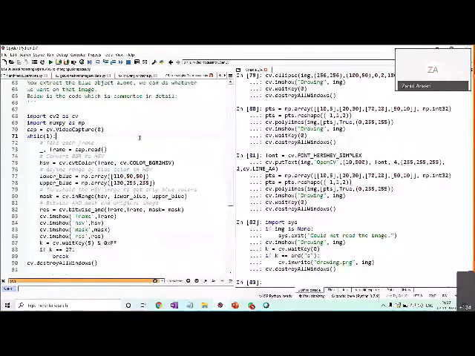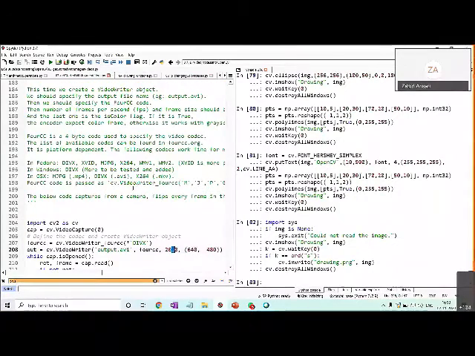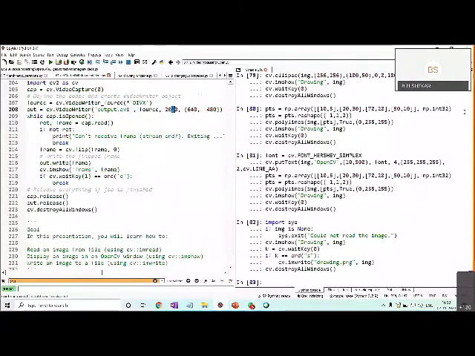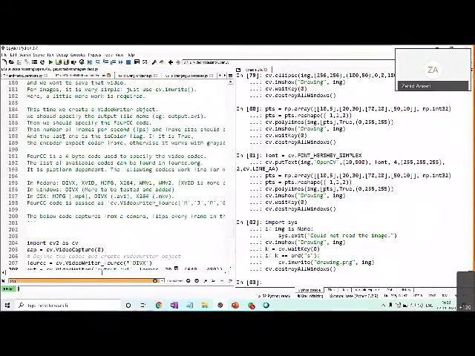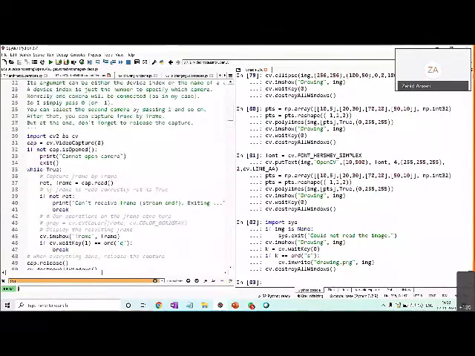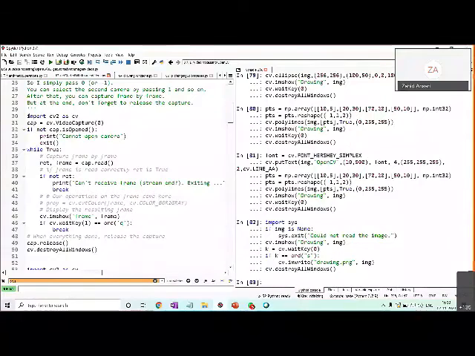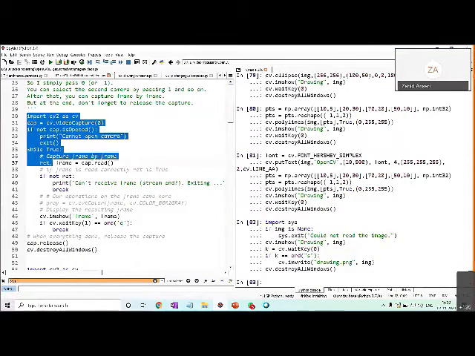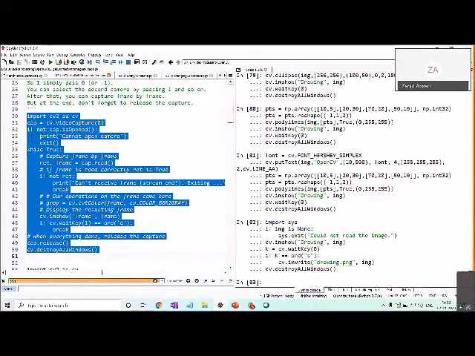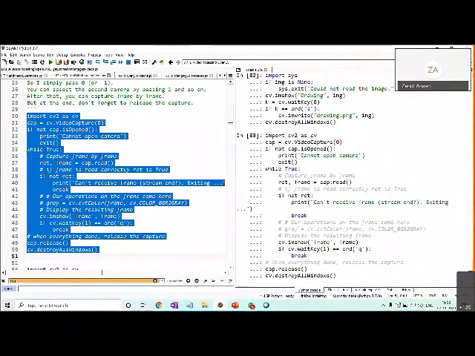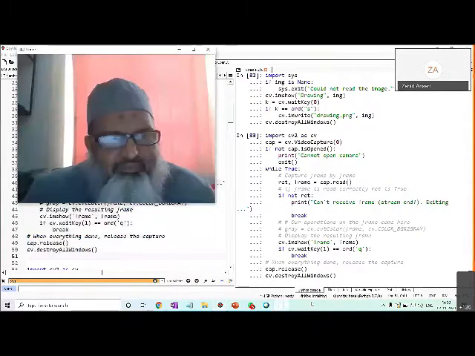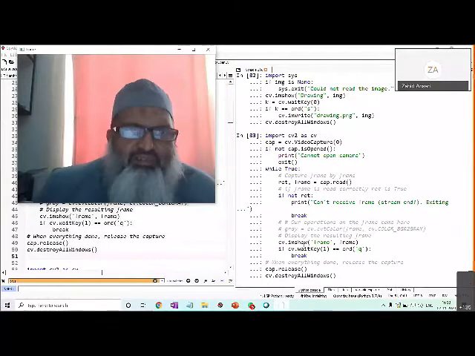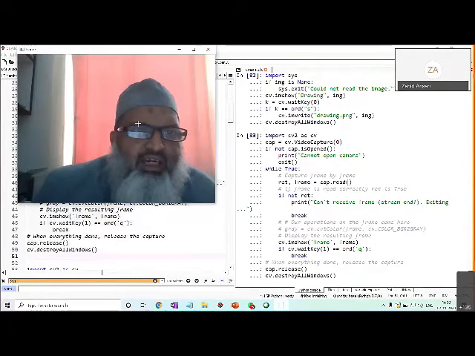Let me first try the first one itself, which we were trying to do. Are you seeing the camera is capturing now the frame?